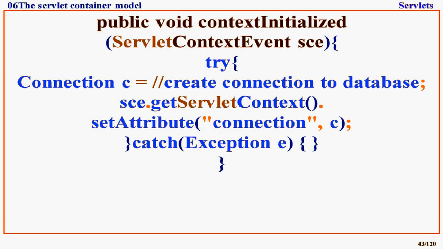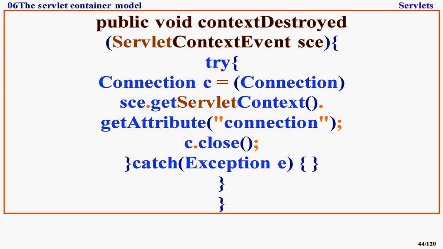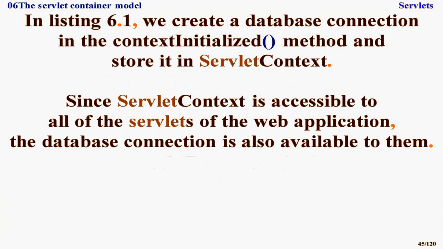create connection to database; sce.getServletContext().setAttribute("connection", c); } catch (Exception e) {} } public void contextDestroyed(ServletContextEvent sce) { try { Connection c = (Connection) sce.getServletContext().getAttribute("connection"); c.close(); } catch (Exception e) {} }